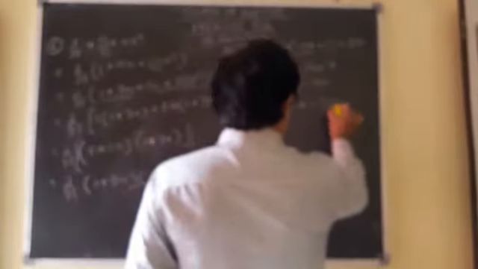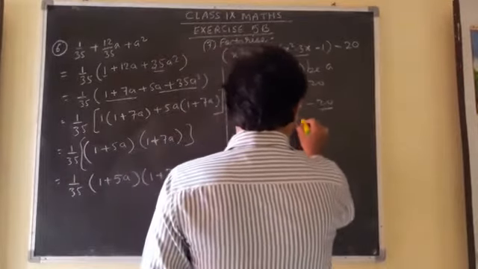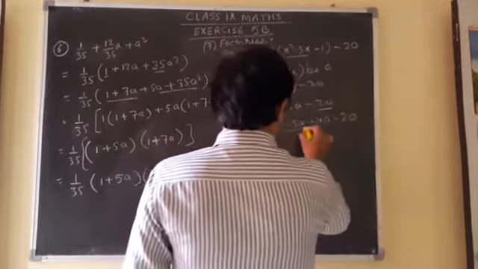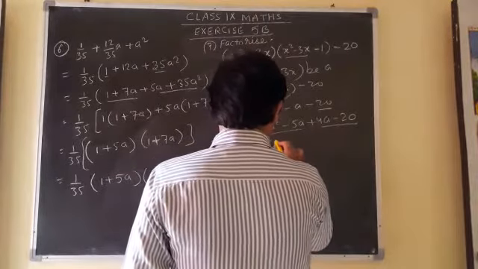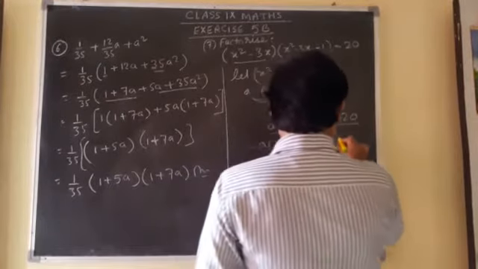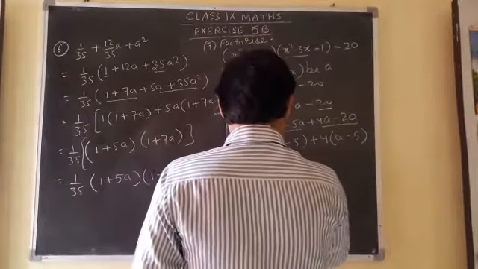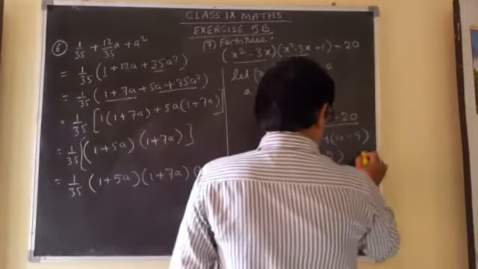Now again we have to take the help of the factorization method. For that we have to multiply the rest of the terms. It will be 20. So a square minus 5a plus 4a minus 20. Now we will make pairs and take a as a common. So here a minus 5 plus 4 we will take common, a minus 5. So a plus 4 and a minus 5. Now this is our first equation.